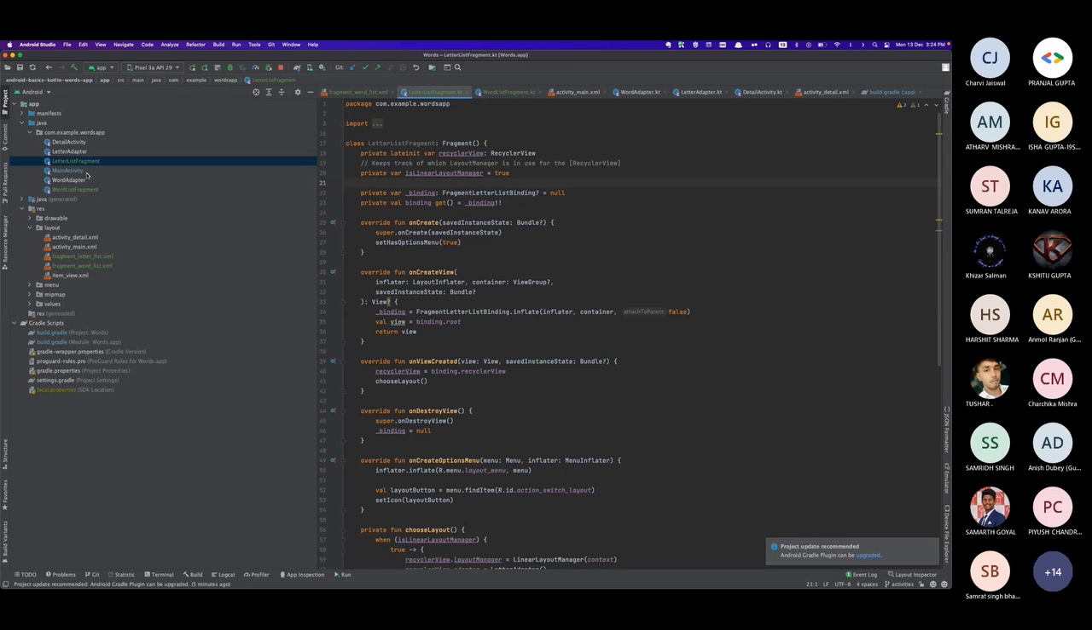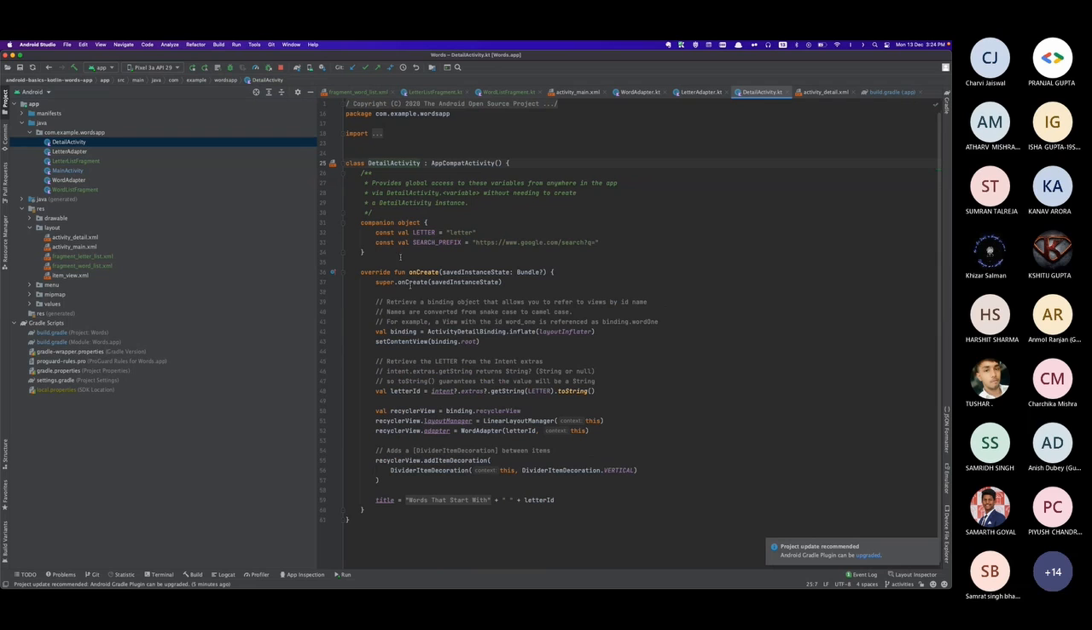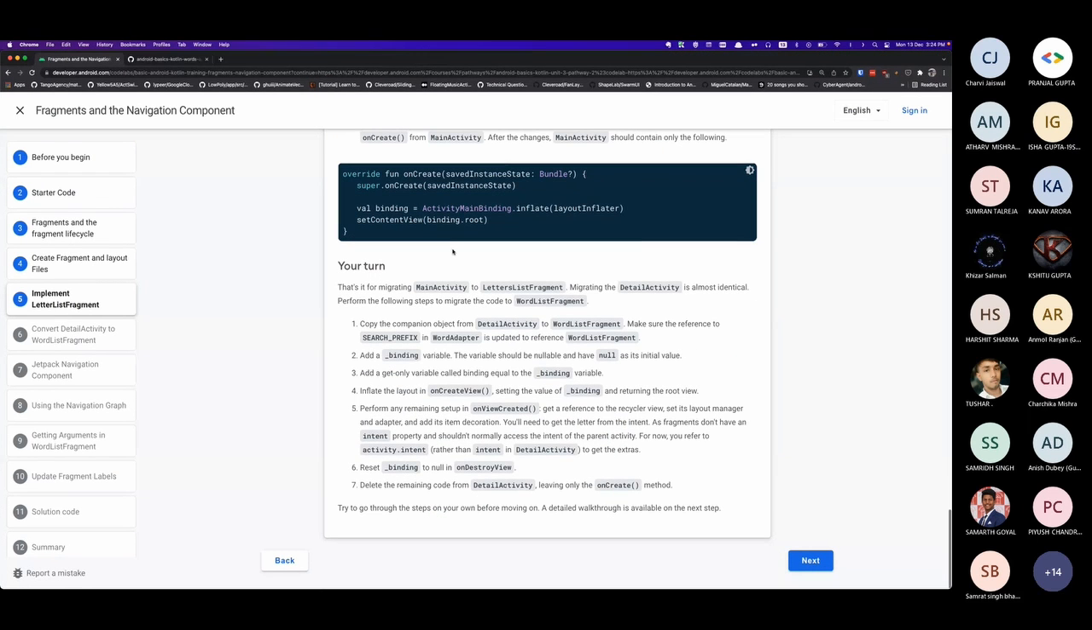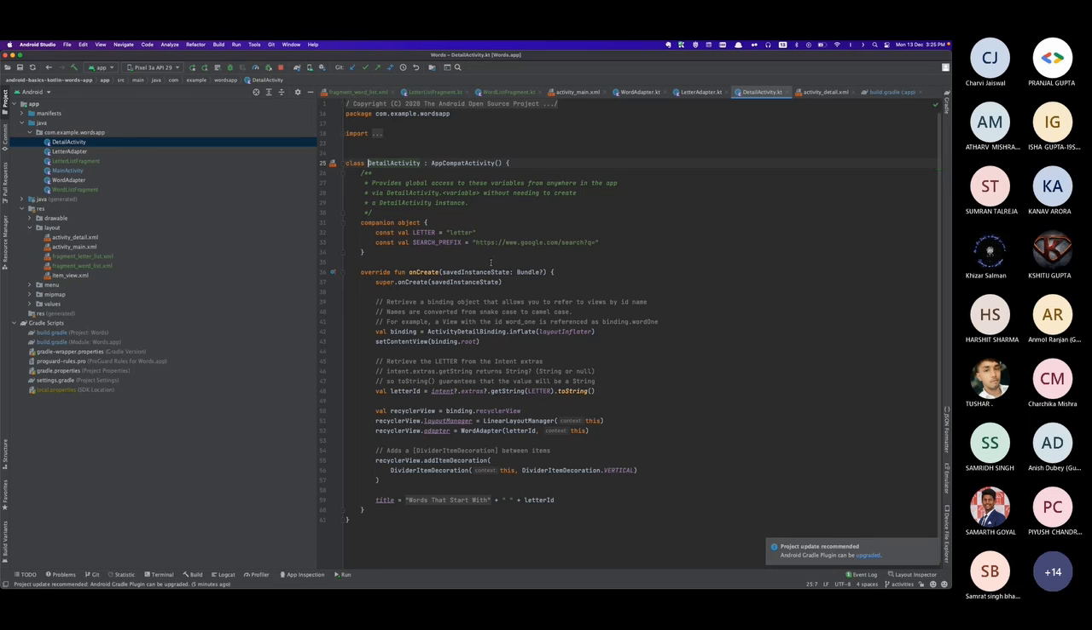And similarly, I think we can just go to detail activity, onCreate, and see what they ask us to do here. Yeah, they said copy over the companion object from detail activity to word list fragment, make sure the references are updated. On create view, elements get a reference. Okay, so